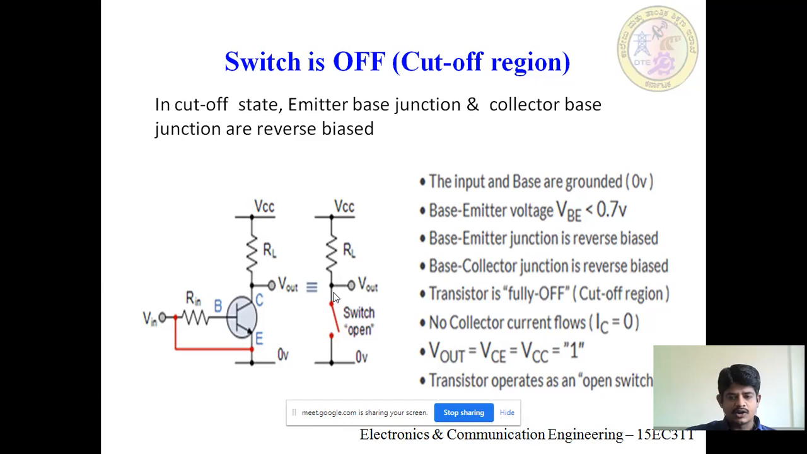Otherwise the collector current will be 0. So let's go with its characteristics. The input and base are grounded, so it is nothing but 0 volt. The base emitter voltage is less than 0.7, so it is reverse biased. The base emitter junction is reverse biased, and the base collector is also reverse biased. The transistor is fully off, so it acts like an off switch. No collector current flows because it is